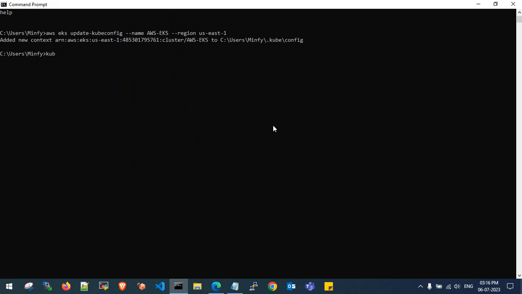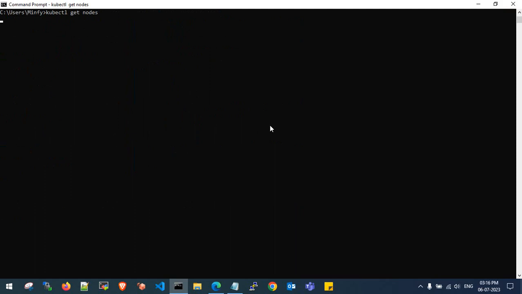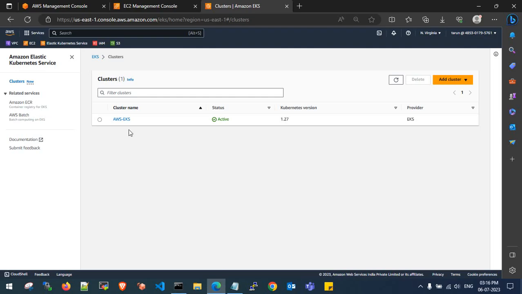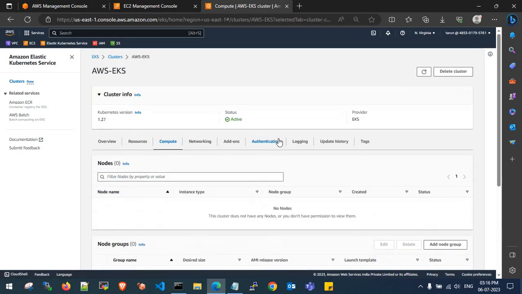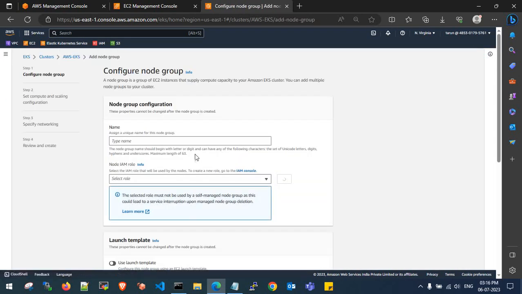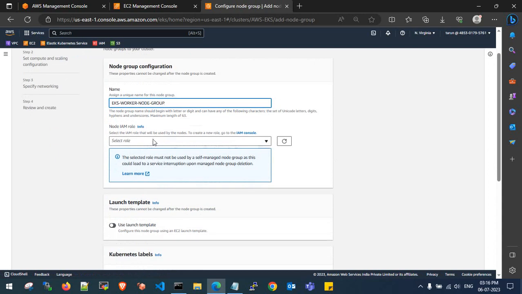So let me try kubectl get nodes. So there are no resources found. So let me create a node group inside the EKS cluster. So go to compute and add node group. So for my EKS worker node group, I'll name it as this EKS worker node group, and